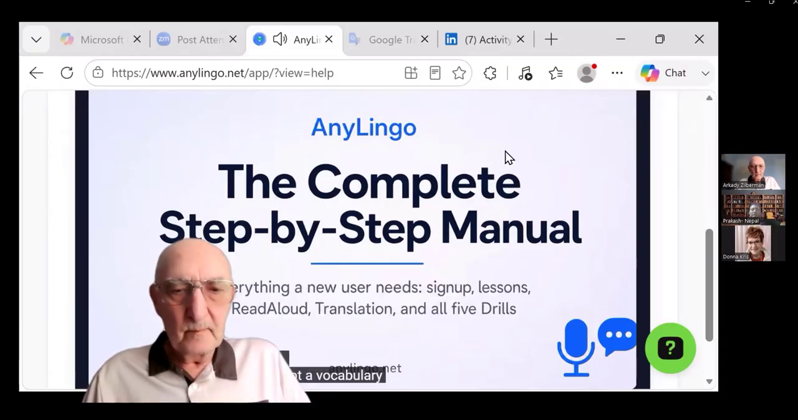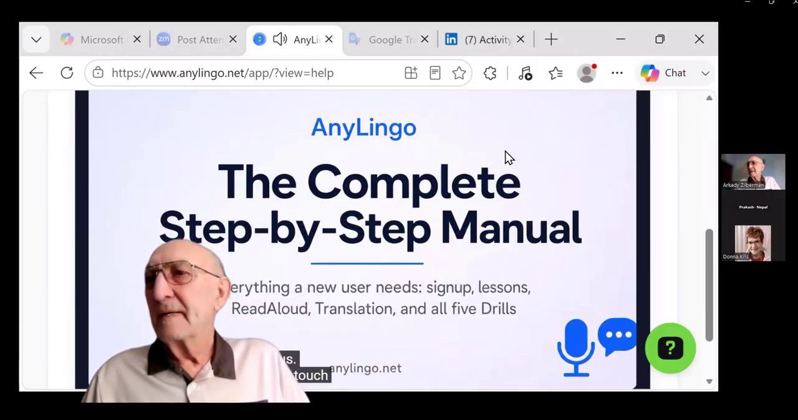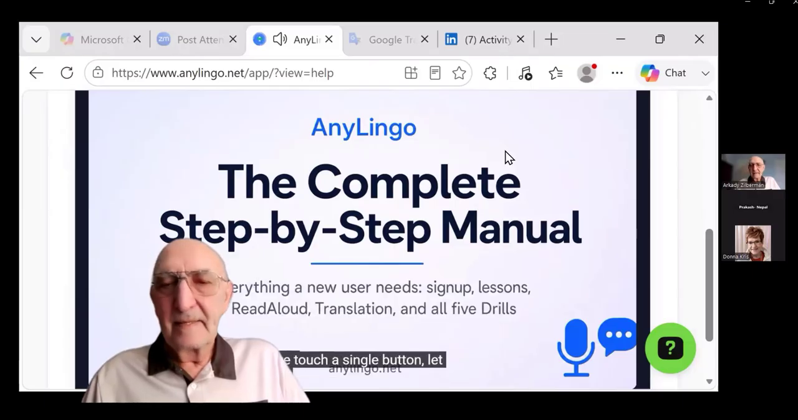AnyLlingo is not a vocabulary game, and it is not a grammar course. It is a fluency trainer. It is built on one central idea. You do not learn to speak a language by consciously memorizing it. You learn it by training your subconscious. So before we touch a single button, let us make sure you understand what the app is actually trying to